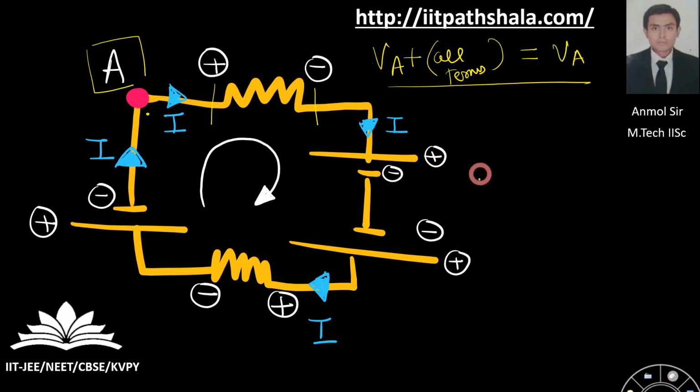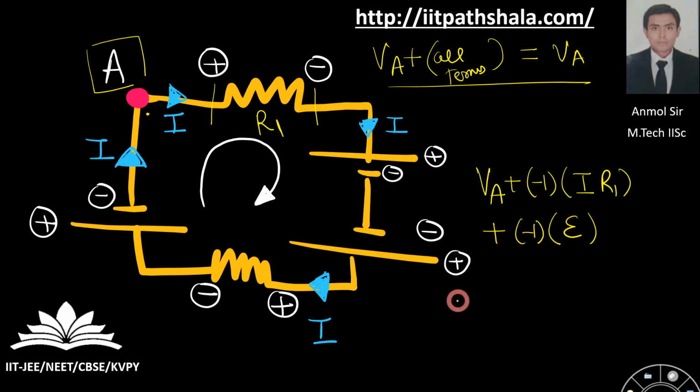Okay, so what I'm getting over here, VA, I'm traveling from VA. So I'm starting from VA. Then I'm traveling from positive to negative. So minus 1 I have to multiply with my I into the respective resistance, which is R1. Then as you can see over here, a battery is there. So the battery positive terminal is shown as follow. And you are traveling from the positive to the negative terminal. So you can say that you are decreasing in the number line. So what you can do is you have to multiply a minus 1 to your battery.